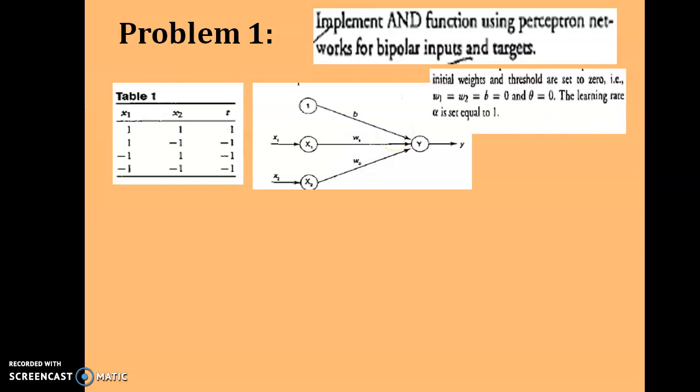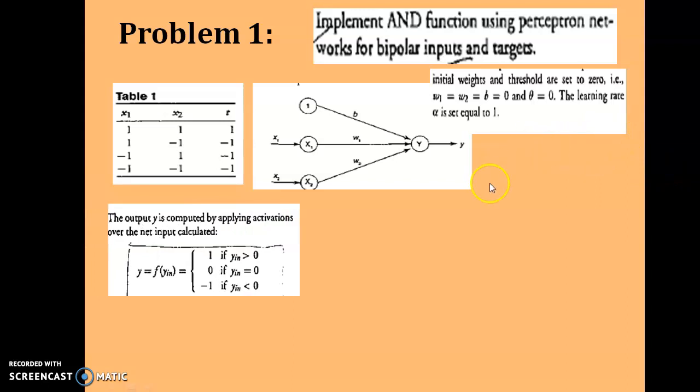So first step, we will start with the initialization of weight. We initialize all the w1, w2, and bias with the initial value 0. And we have to fix the threshold value in order to apply the activation function. Now I fix the threshold as 0. And we have to keep the learning rate. You know the Hebb rule for the perceptron: w new equals w old plus alpha into t into x1. We have to fix the alpha, a value from 0 to 1. For our simplicity, in the AND function, I fix the alpha as 1.